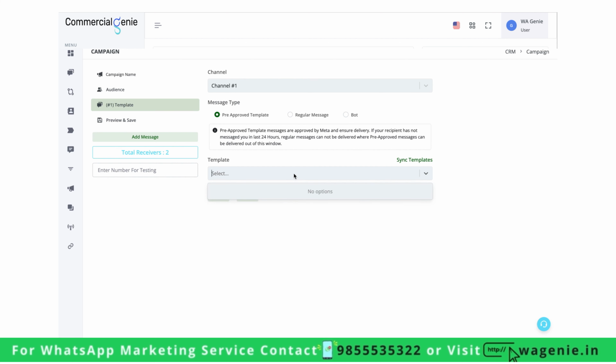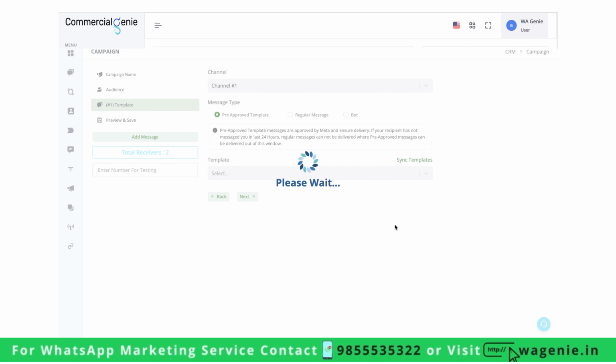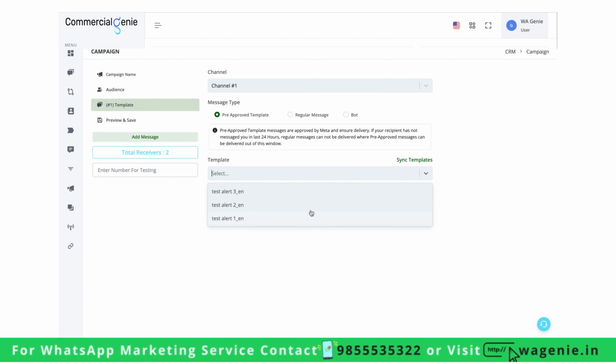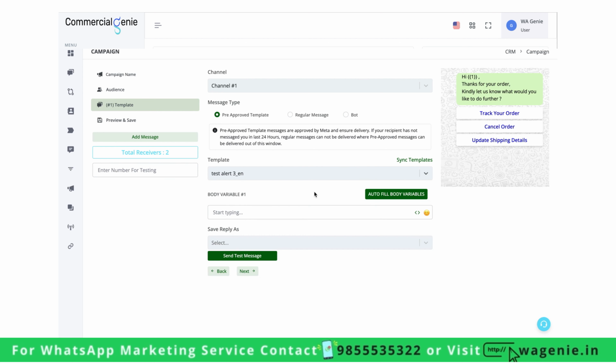Now if you have any pre-approved templates, it should show here, but if you have created the templates in the CRM and they are in the WABA and they are not visible here, simply click on sync templates. Now all the approved templates would be fetched and you can see them here. Then you can select any of the template, and once you have selected the template, you'll get the option to